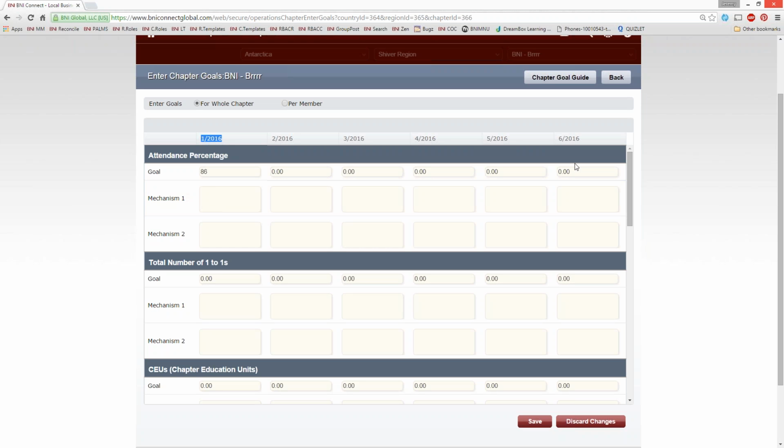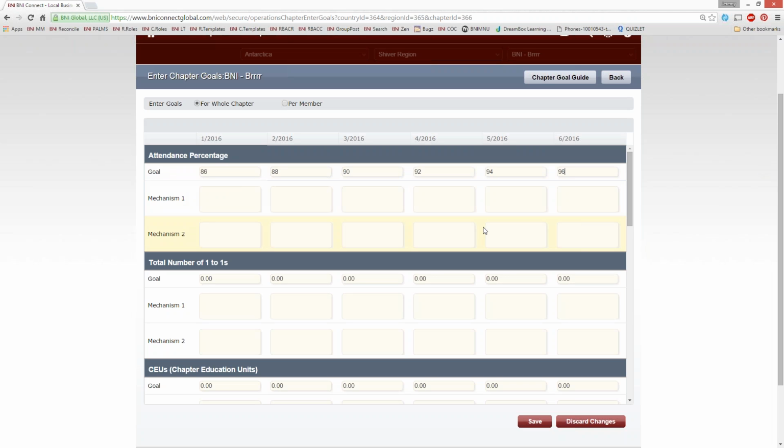And let's say that in the next 6 months, we want to be at 96% attendance. So that's a pretty significant change. What I like about doing the first and the last is that this also helps us to really know what we have to do to get there. So that's 10 points over this next 6 months. So that's about 2 percentage points per month. So 88, 90, 92, 94, and 96. So that's a nice steady increase by knowing where my end result is going to be.